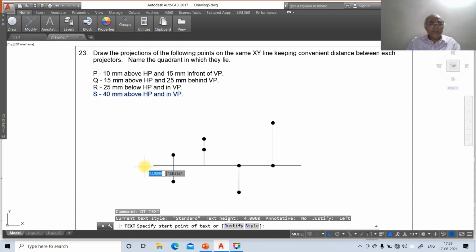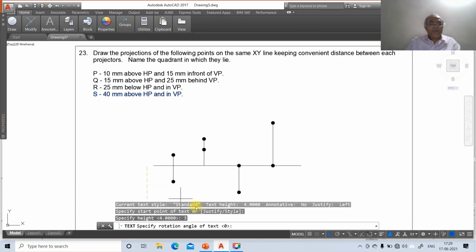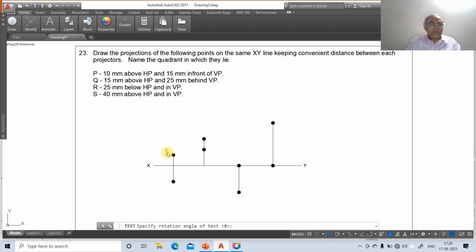Then go to dtext, select this, take the height as 3, rotation angle as 0, type XY, then here P dash, so obviously this should be P dash, so this should be P, and 15 mm, so this is Q dash, and 25 mm behind VP, so this is Q, and below HP this is R dash, and this is R, and this is S dash, and this is S.